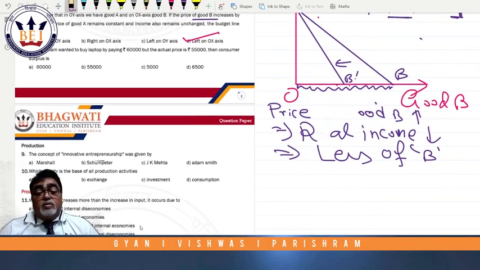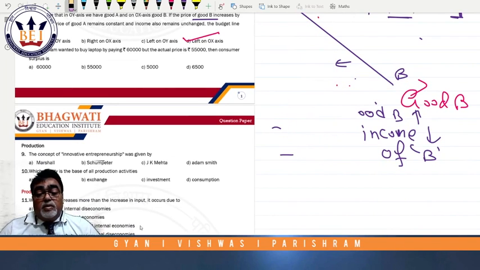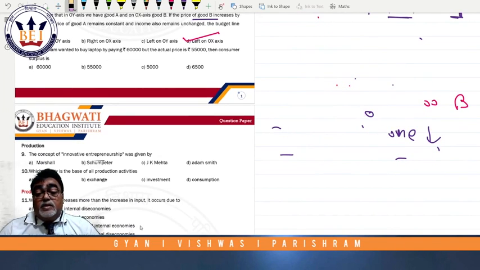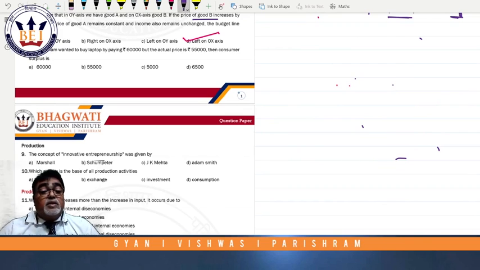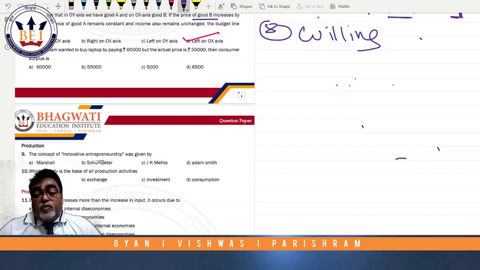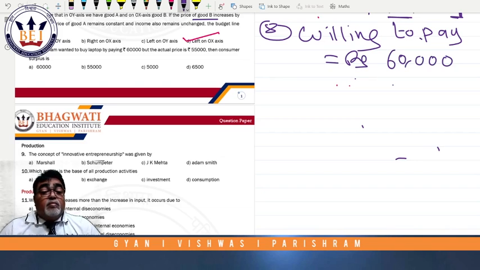Now we should move on. Question number 8. What is written in question number 8? Purushottam wanted to buy a laptop by paying 60,000. Wanted to buy means willing to pay. Willing to pay rupees 60,000. But the actual price is